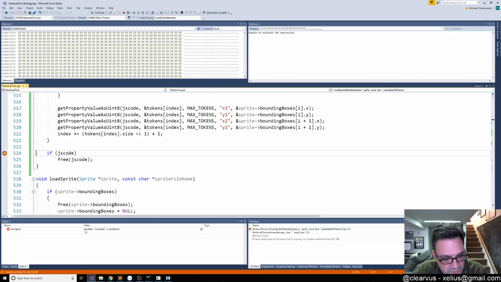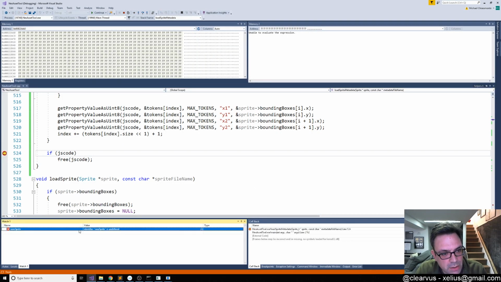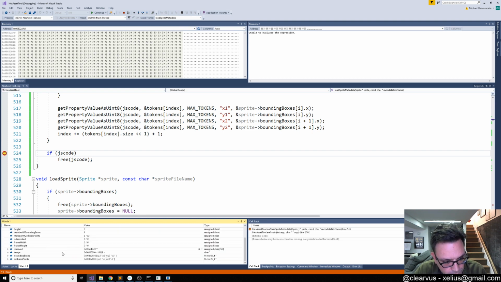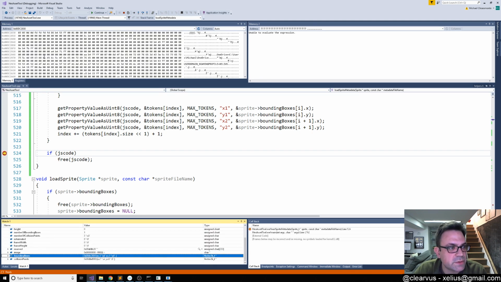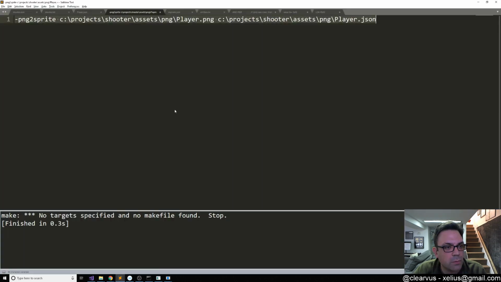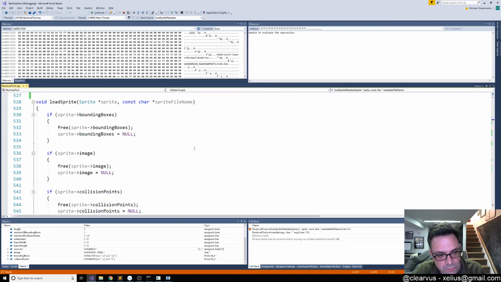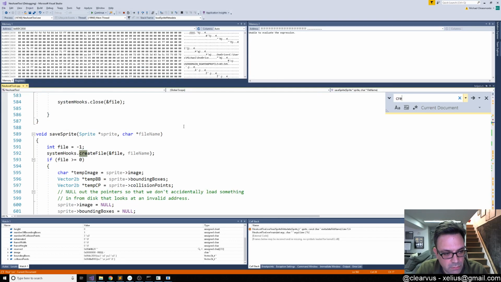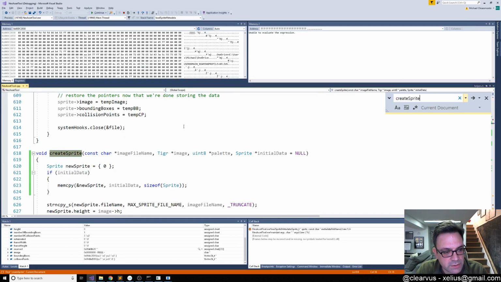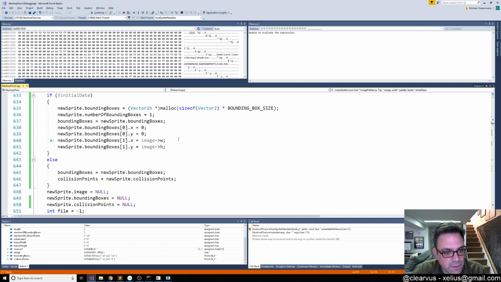So let's see. Sprite. So the bounding boxes 3, 3, and DD. Which, that's right, so it's something in the create sprite that is failing